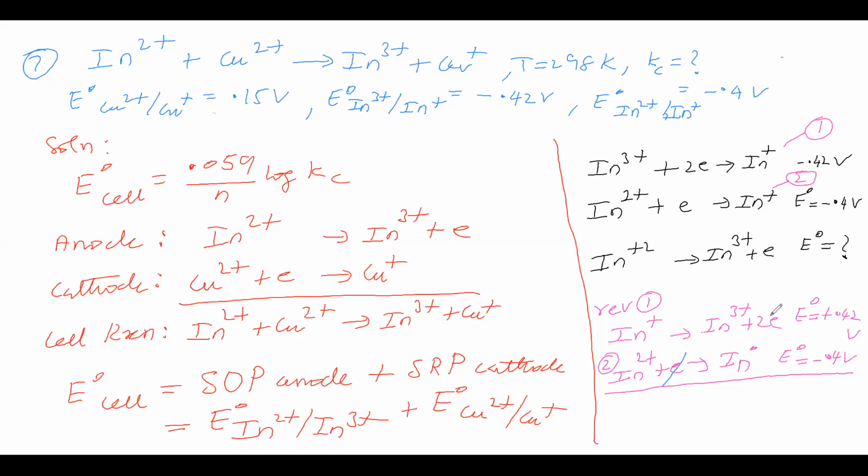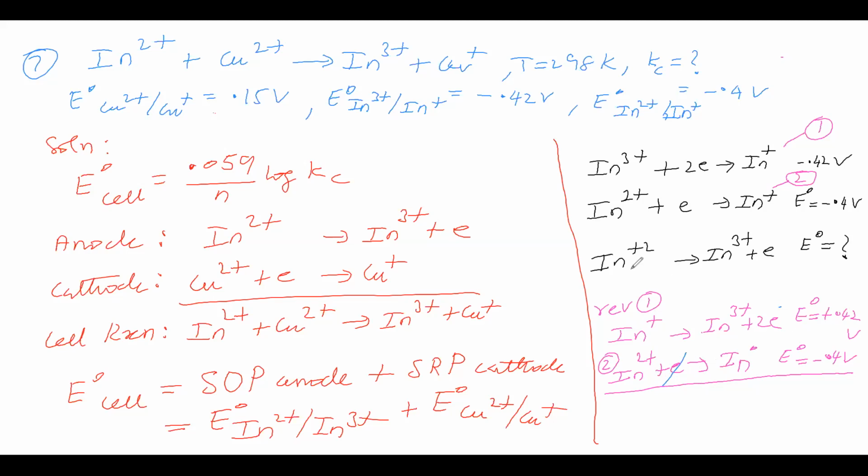Now see that here two electrons are there, here one electron is there. Are they equal or not? They are not equal. So shall we make them equal in order to cancel? That point you think. And another point you see: one thing we can do, we can make the number of electrons equal, then we can cancel and then add these two. Another thing we have to think.